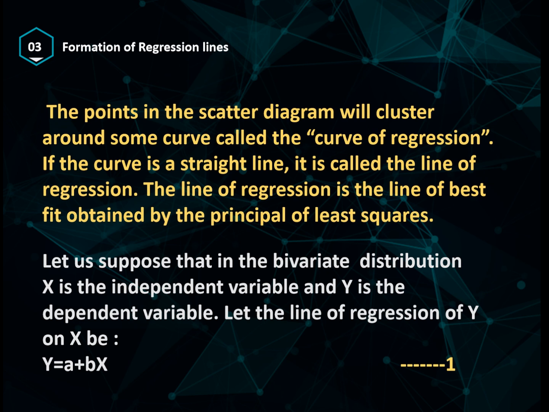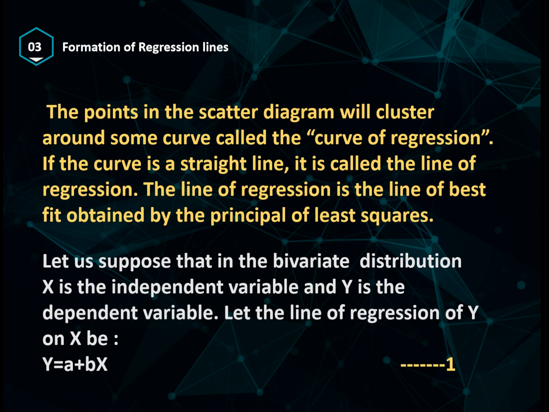If the values of the data are plotted on the x and y axis respectively in the xy plane, the diagram of the dots so obtained is known as a scatter diagram. It is sometimes also called a dot chart. From the scatter diagram, we can form a fairly good idea whether the variables are correlated or not. For example, if the points are very close to each other, we should expect a fairly good amount of correlation between the variables, and if the points are widely scattered, a poor correlation is expected.